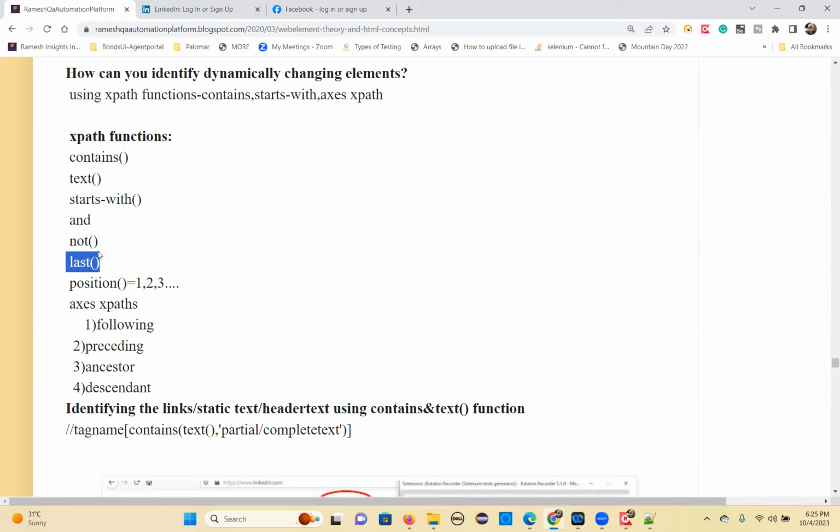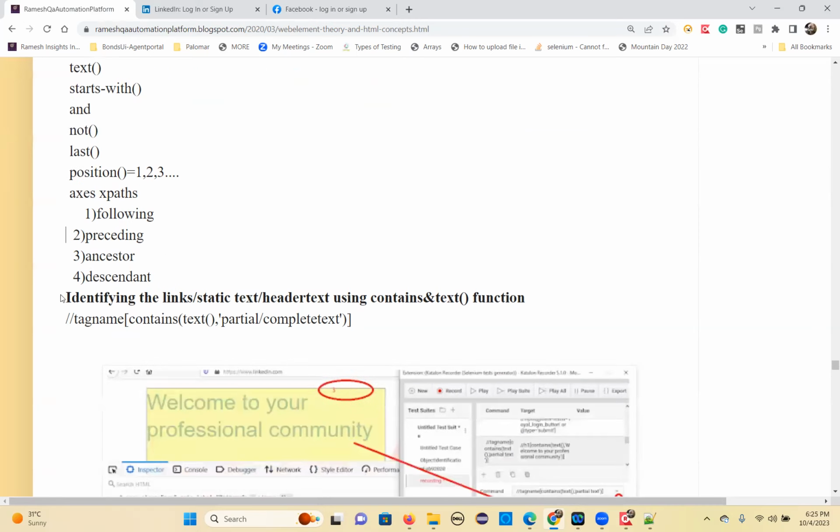The last functions, I'll show you: the position function and axes XPaths. We have following, preceding, ancestor, descendant. These are all the axes XPaths, and these are some of them. So first one, let's see how to identify